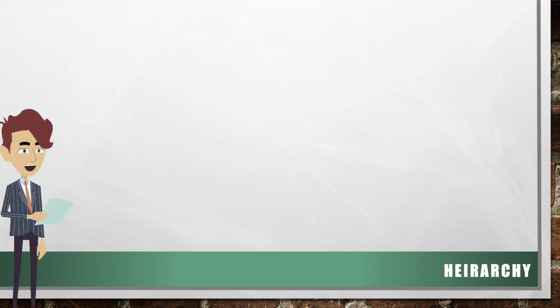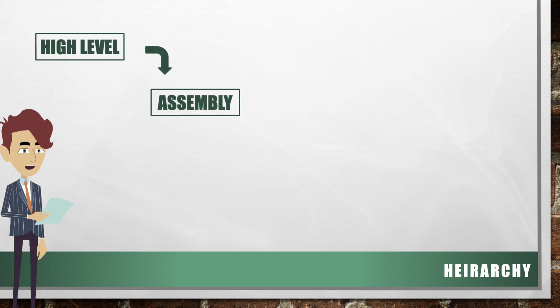We all know that a computer can only understand one specific language. This is called machine language, which consists of ones and zeros. So we have here the hierarchy: the high-level programming language, then assembly or the low-level programming language, then the machine language. In order for the machine language, or the hardware, or your computer to understand a high-level programming language,